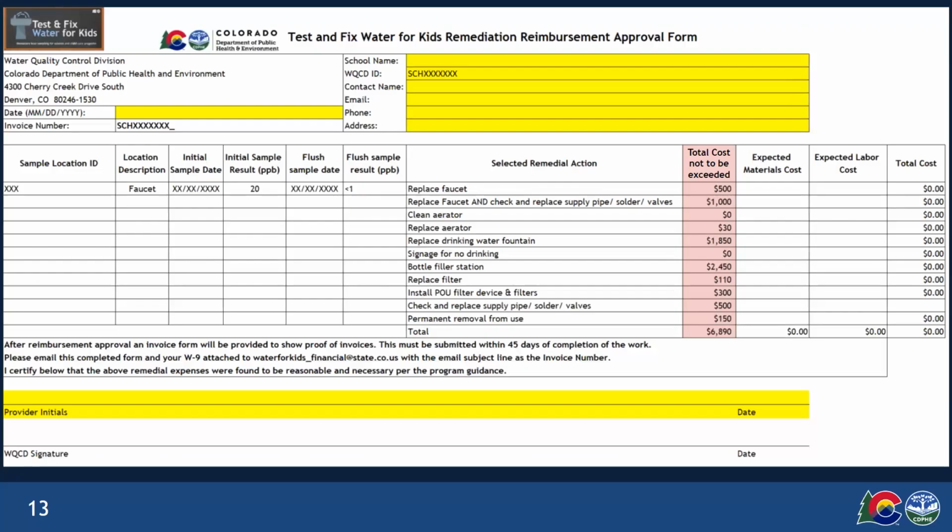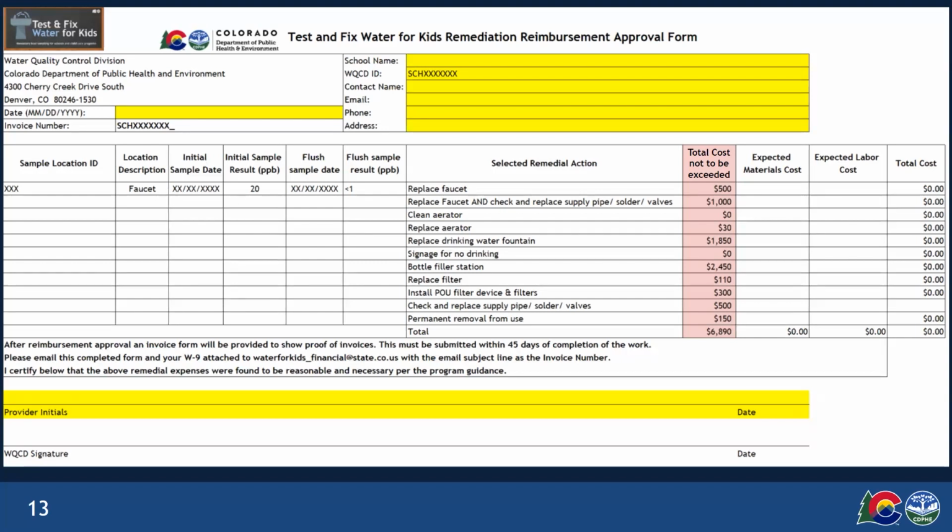Once we review your selections and approve your selections, we will let you know your plan is approved. That is when you have the okay to start the fixes. Again, this is based on the remediation plan and the budget. Now, if you start work before the approval, we cannot guarantee full reimbursement and we cannot guarantee that the action you have done was the best decision. So again, it is really important to wait for this plan and this approval.